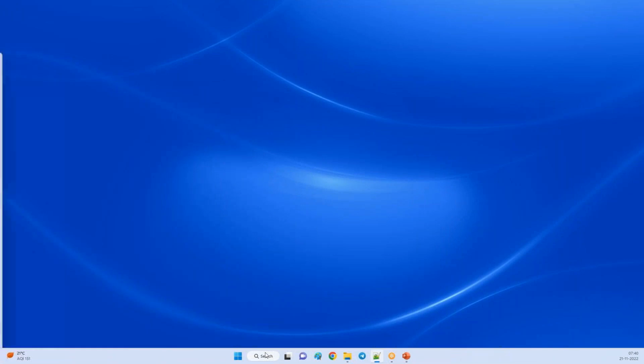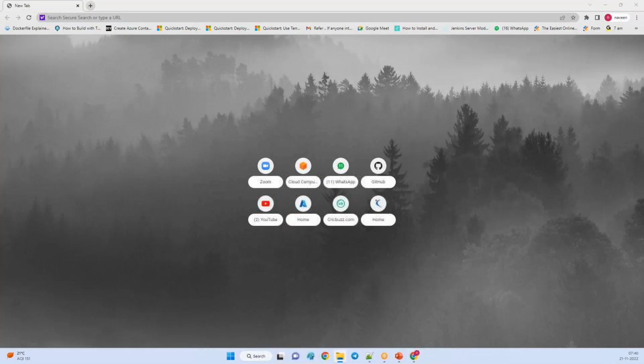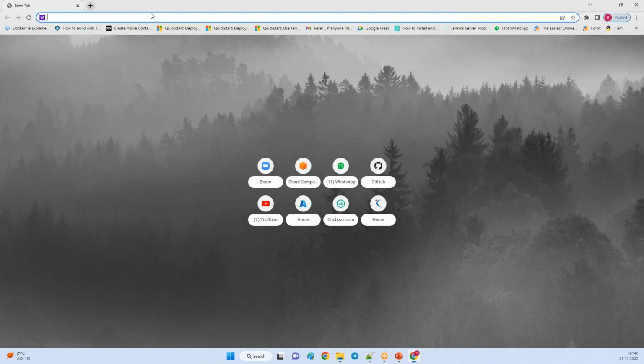Right, so let me connect to the AWS account. Today we can see SonarQube along with Maven.